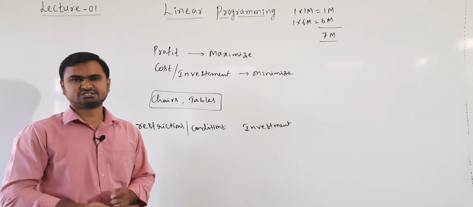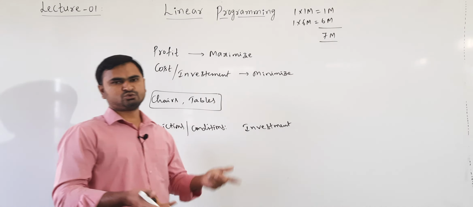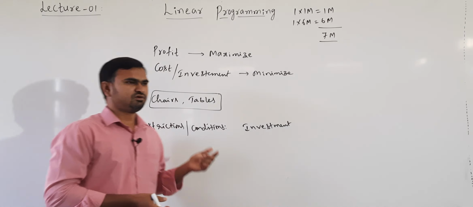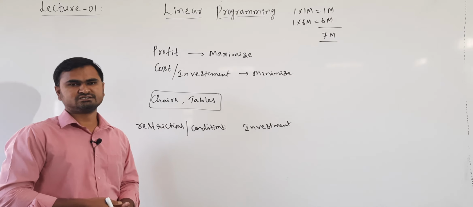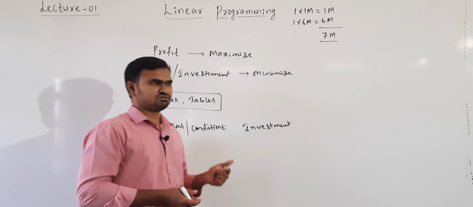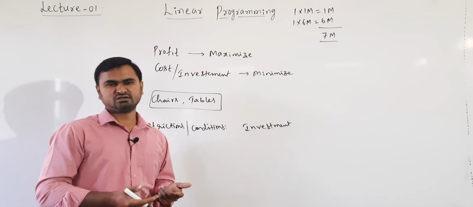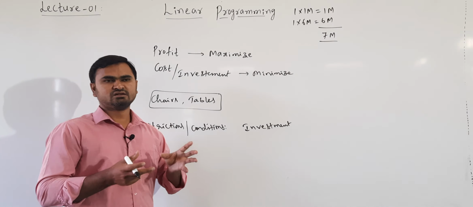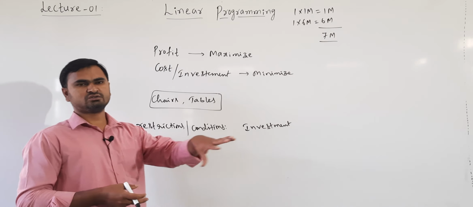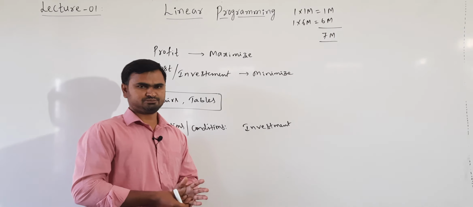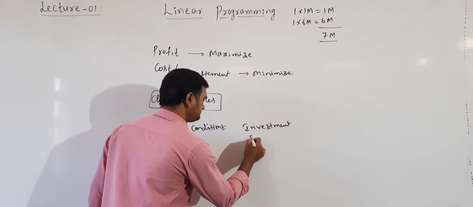What can the other restrictions be? To have the business you will need some room, some space where we can sell these chairs and tables. So one restriction is on space, where we cannot accommodate more tables or more chairs. The number of these units is limited according to the size of your room. That is one more restriction, the space restriction.